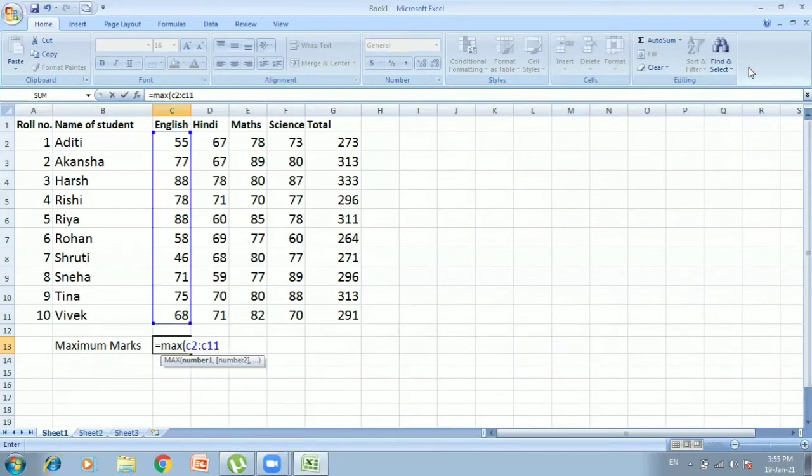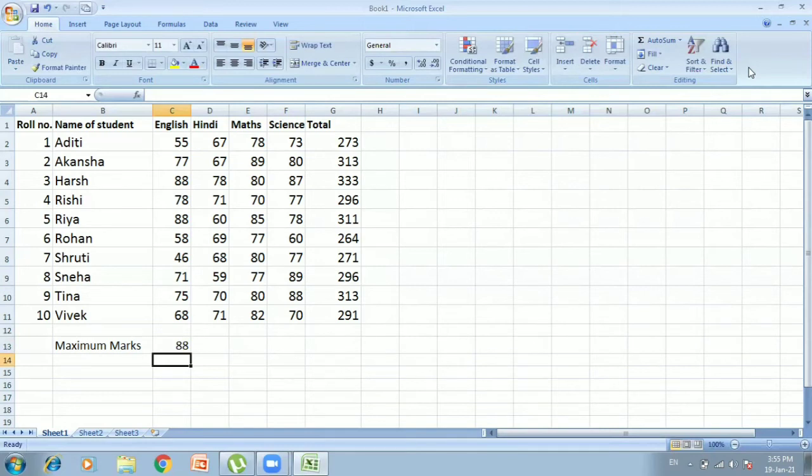As soon as I have entered C11, it has shown me the whole column which has marks, highlighted. Now let us press the tab key or the enter key and see what happens. Here you can see that 88 is the maximum marks scored by a child in English.